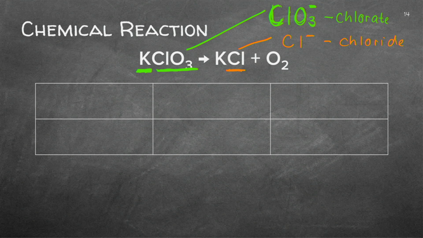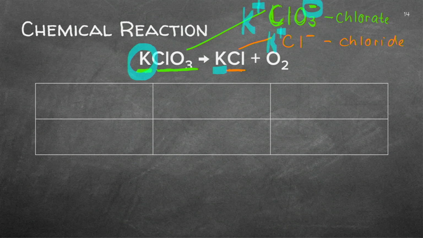Can you also see why I've got one potassium there too? Can you see potassium is one positive and I've got one negative there? Can you see that? And here I've got another potassium, and that's also again 1 plus one chloride. So I've got an equation there that is potassium chlorate forming potassium chloride plus oxygen.